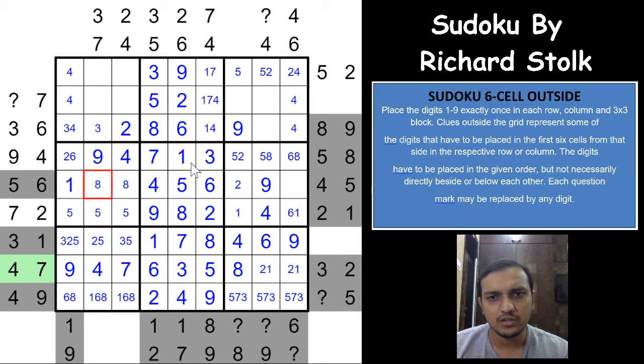8 can be here. So this cell can only be 3 and 7, right? 2 is already there, 2 cannot be here. 2 3 7 and 8, 8 is already here, 8 cannot be here, so this cell would have to be 3 or 7. Okay, 3 would have to be in one of these two cells. Can you have a 3 here? If you have a 3 here, this cell would have to be a 3 and this cell would have to be a 7. Possible for the 3 7 clue. So this is purely possible.